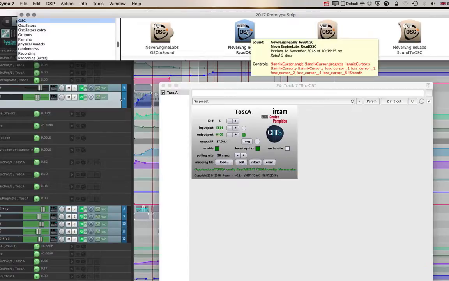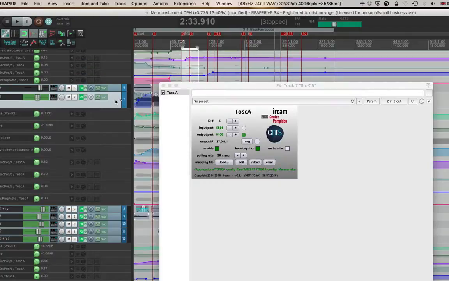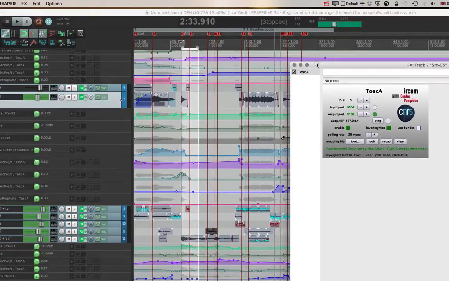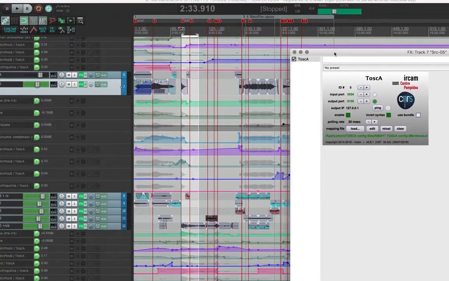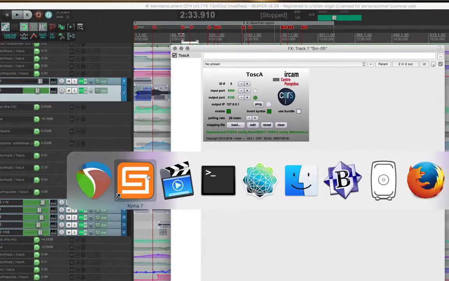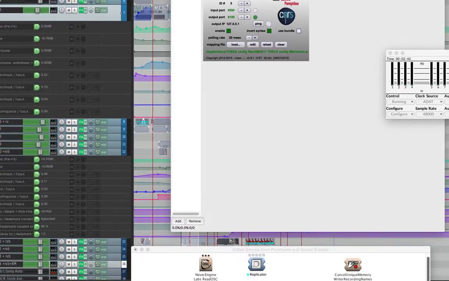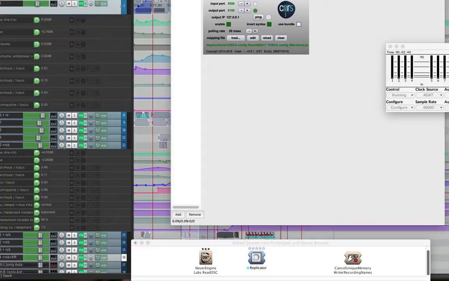So what I'm doing right now is working on a complex composition with lots of automation data, in this case controlling spatial information. And I was thinking about perhaps starting to see what Kyma can do with that information if I send it to Kyma, and perhaps in preparation for the wireframes lab that's just opened at NeverEngineLabs, we may be able to research some or